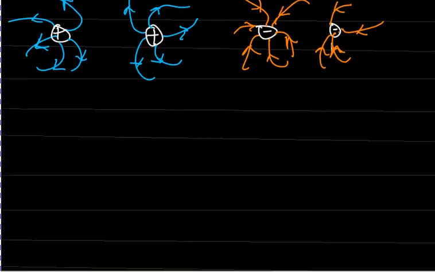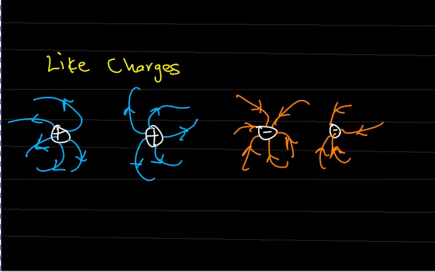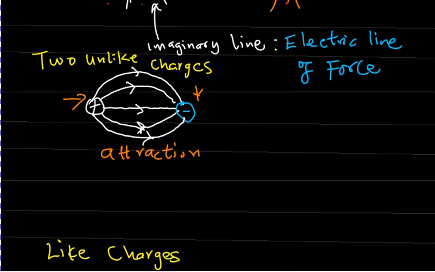Now let's get to the formula part. There's one thing you should take note of. As you can see, the lines of force can be as many lines as possible. What you should notice about electric lines of force is that the number of lines depend on a quantity known as electric flux. In this unit area, the number of lines